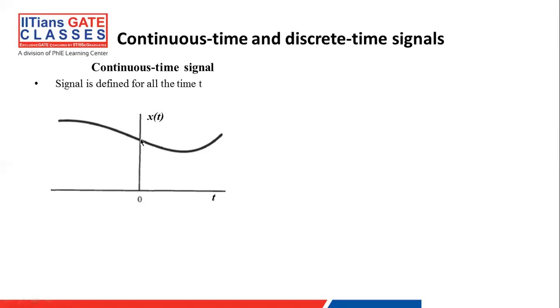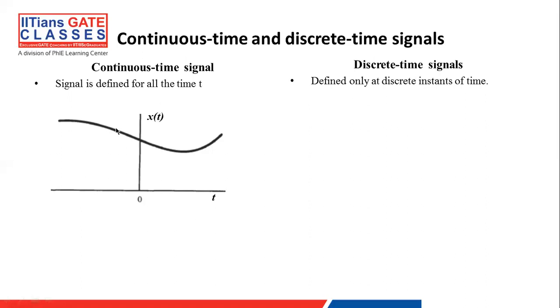Okay, so here when you, let's say, put t equal to 0.3, you will definitely get some value here. Similarly, when let's say you put t equal to minus 1.5, for that value also you will definitely get some value. Okay, now when you go to discrete time signal,